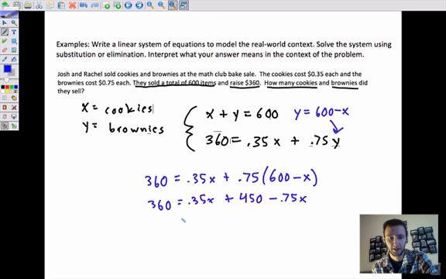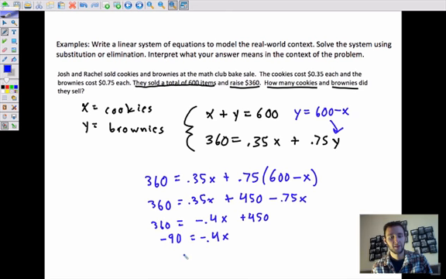Over here we're going to get negative 0.4x plus 450, and that equals 360. Subtract 450 from both sides, and you'll get over here negative 90. Divide by negative 0.4 and you'll get x equals